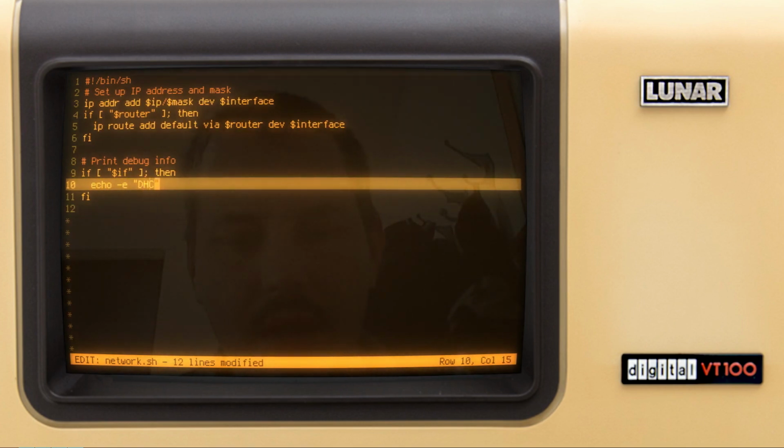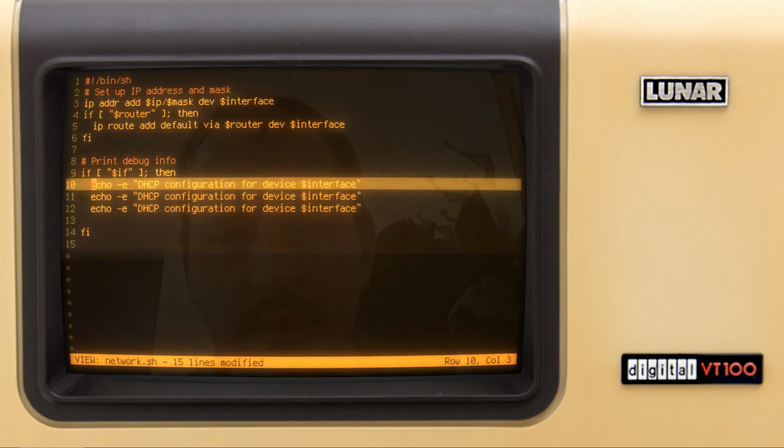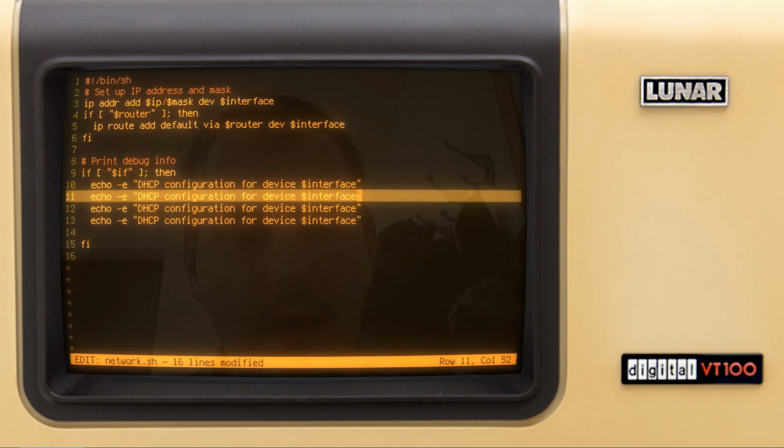So DHCP configuration for device, and then specify the interface. Okay, and just so here I say the IP, yeah, probably. So IP is going to be equal to